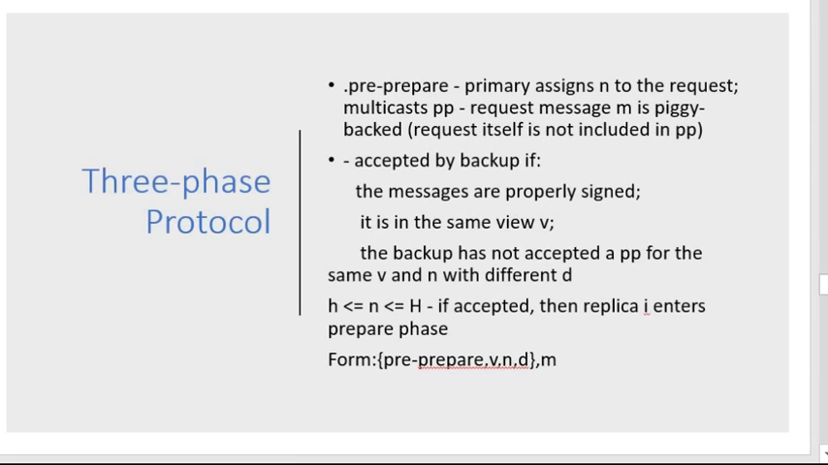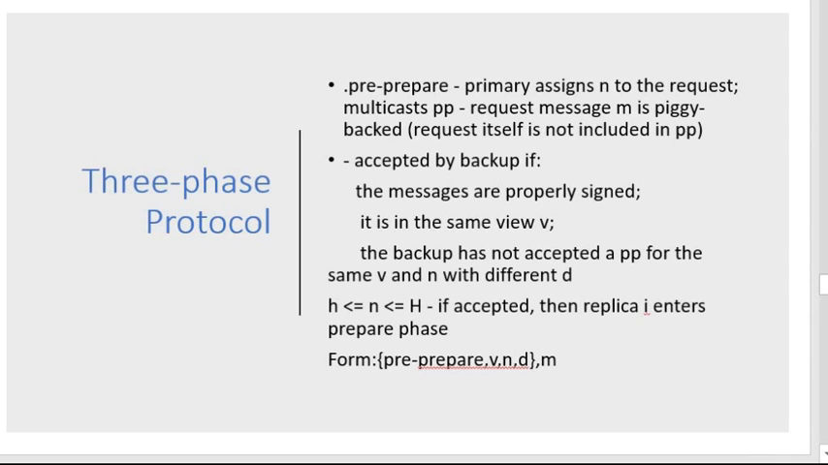What is meant by the three-phase protocol? The pre-prepare, the prepare and the commit. All these three together are called the three-phase protocol. In the pre-prepare phase, the primary assigns a sequence number n to its request. That means when the client first asks for the request, it is sent to the pre-prepare phase. The primary assigns a sequence number to its request, and it multicasts a pre-prepare message with m piggybacked to all its backups,